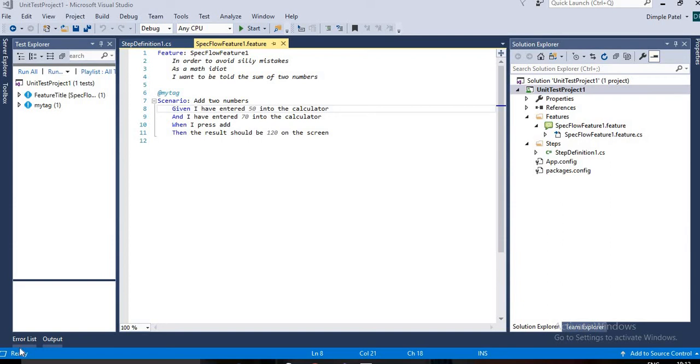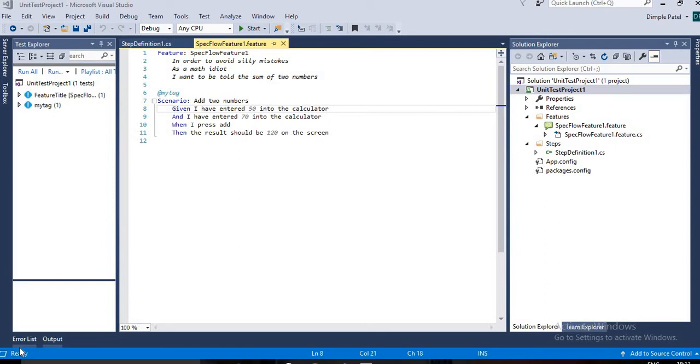Hi friends, I'm Dimple back again with the SpecFlow session part 2, and today we are going to see what the scenarios are, what the steps are, and what the different kinds of tags we can use at the scenario as well as at the feature level, and then we will see how to use the ignore keyword in SpecFlow. So this is how I'm going to conduct the part 2 session. So let's start with the example.